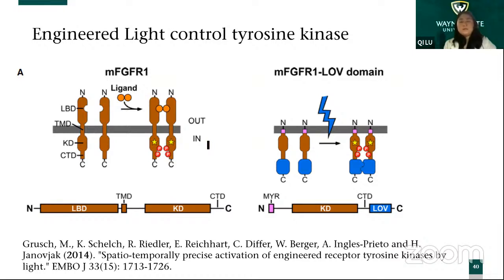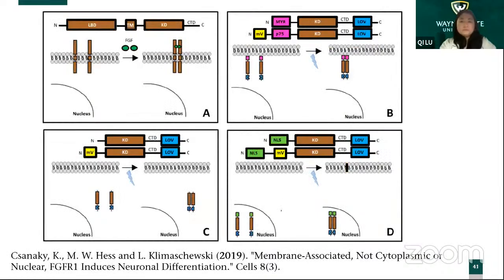This part is a kind of light-controlled kinase, because a membrane-bound kinase usually needs to form a dimer to start to function. So this is a light-controlled tyrosine kinase. After shining the light, the LOV domains bind together, and the kinase domains start to function. So there are different approaches for this tyrosine kinase domain to bind together,